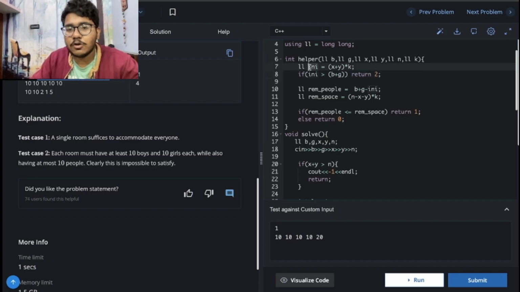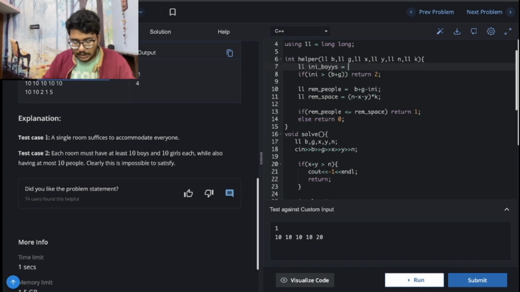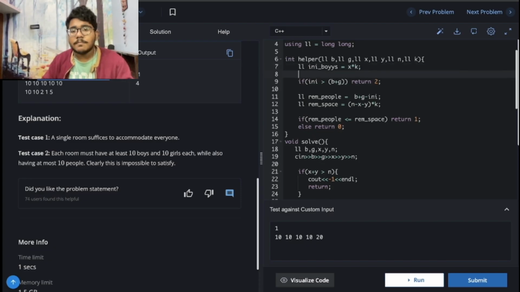Initial means the initial occupant of x and y in each room. I cannot directly check it. I need to check it in two parts, that means boys and girls. There can be cases where the girls and boys together is actually not breaking the conditions, but individually they are. So I need to do like this. Initial boys should be x times k, and initial girls